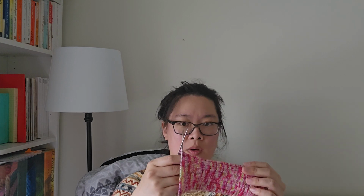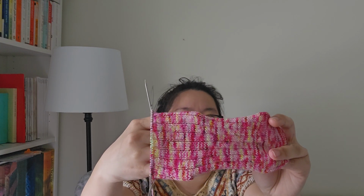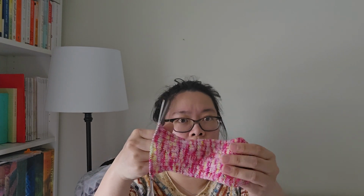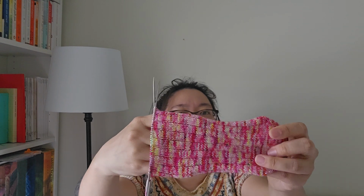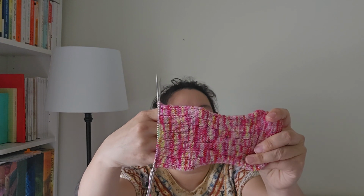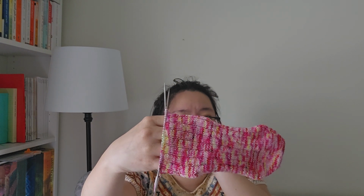Anyway, this is my sock. I am knitting the DRK Everyday socks, but I'm not doing the 2x2 ribbing. I'm doing a 3x1. And then this yarn is Lavender Loons, their sock yarn in the color 200. So yeah, I still think this looks like strawberry lemonade, but now I'm thinking maybe more like raspberry lemonade. But yeah,